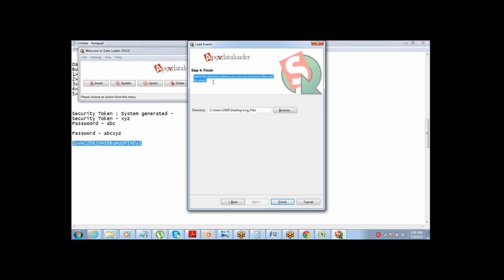Let's say you're trying to import 1000 records, and out of those, 20 records have errors and cannot be processed for any reason. The success file will give you which records were successfully inserted. The error file will give you which records were not inserted because of the error. Got it?